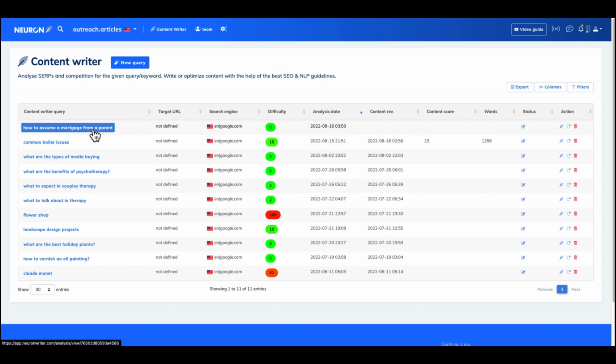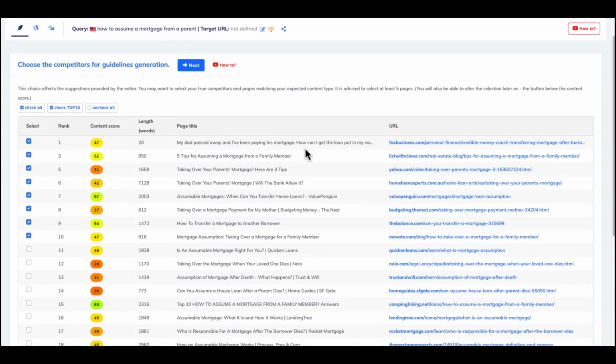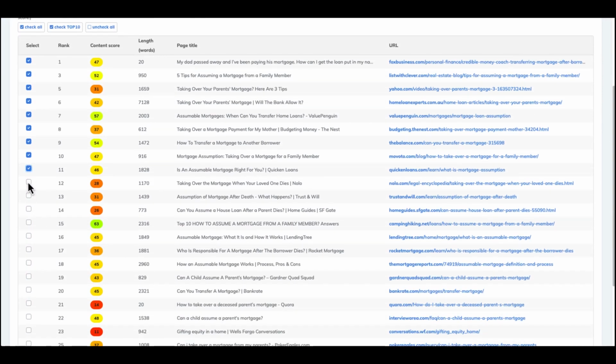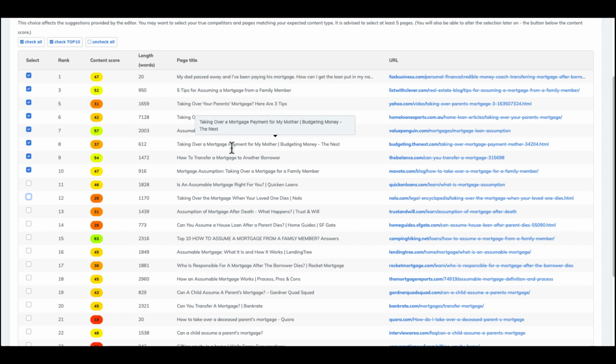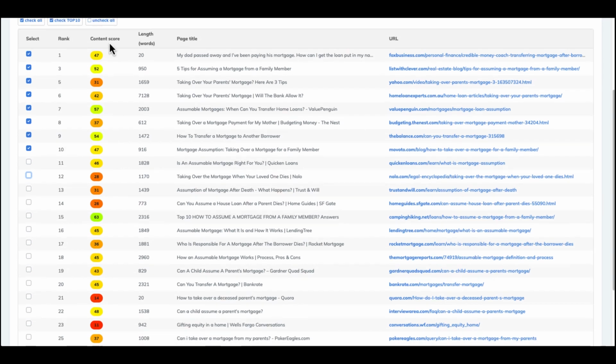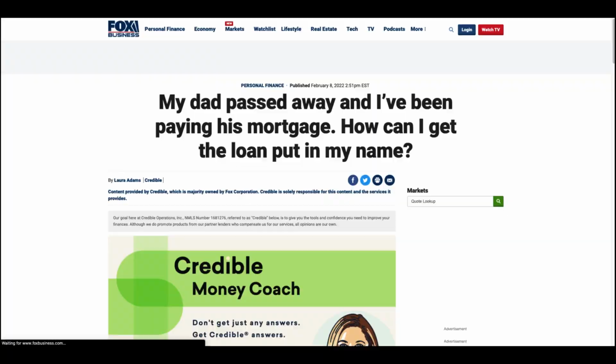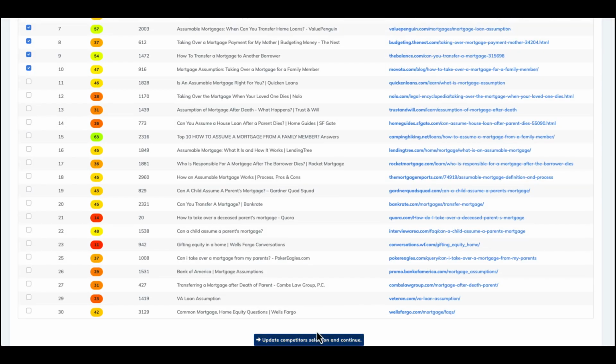This one's completed. On it, we have to go through some steps. So here Neuron Writer went out, checked out all the competition and who was ranking for the same term, the same long tail keyword. We can click more, enable more of these options if you'd like, remove some if you find something in here that you don't want it to analyze. We'll just leave it at that. It shows a content score, how well they did, the amount of words. Here's the title, the actual URL, so you can check them out as well if you want to see first what they look like. We'll go over here, update selections, continue.